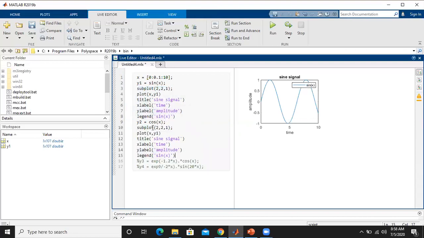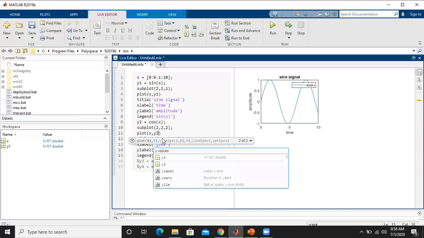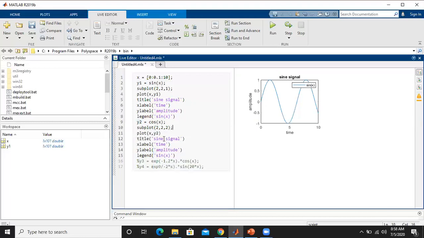I will paste here. Now this is the y2 function. Now I want to plot this y2 in the subplot 2 position, and this takes y2. My second function is cos, so I will just change it to cos. Time, amplitude and everything are the same, and here I just change it to cos, and I will run it so that the plot will appear in the second position of the single figure window.